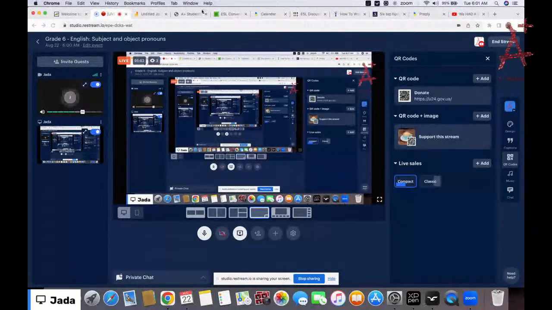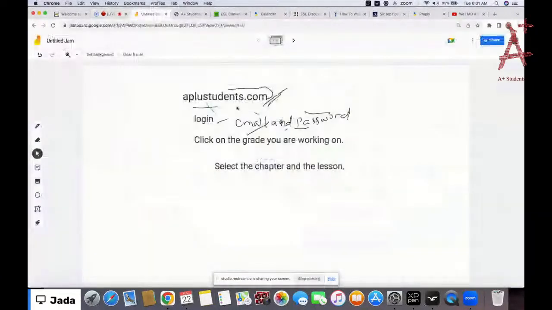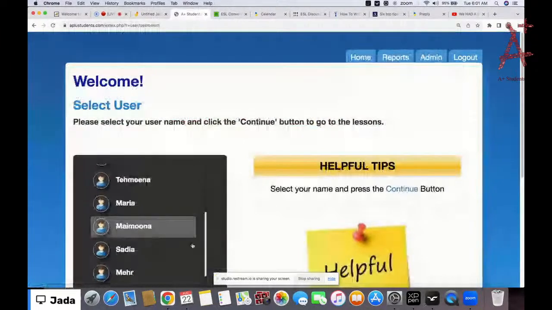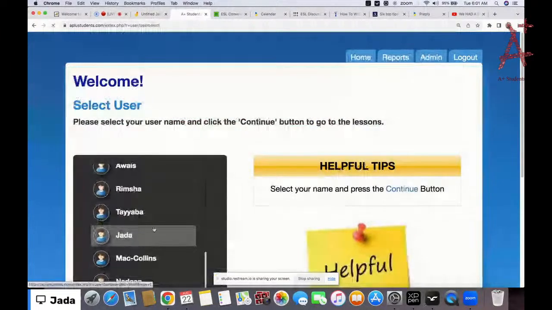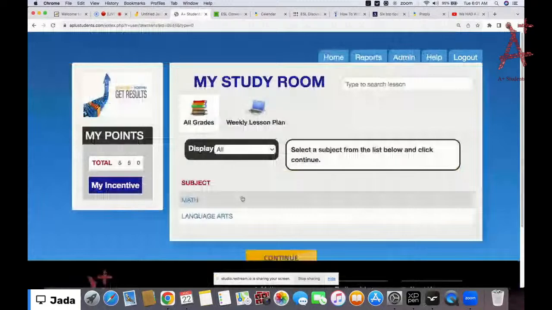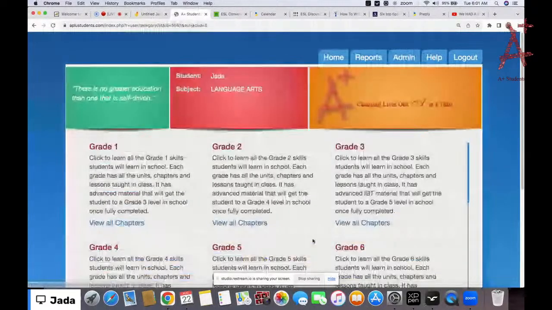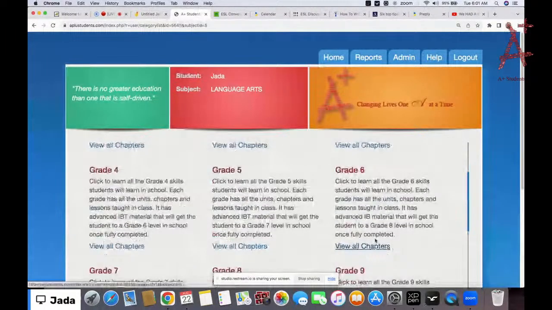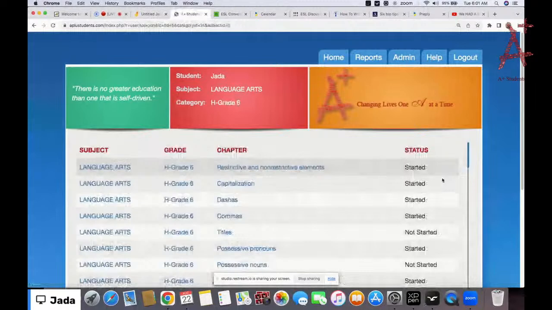Okay, so first off, all you need to do is log in using the aplusstudent.com here. You use your email and your passwords, and then you click on your name. Okay, so you just go find your name here, click on it, and then we will move on to the grade. So we have grade 6. So we just need to find the